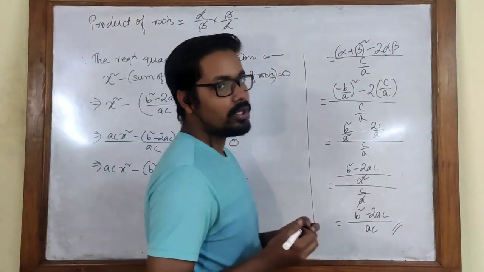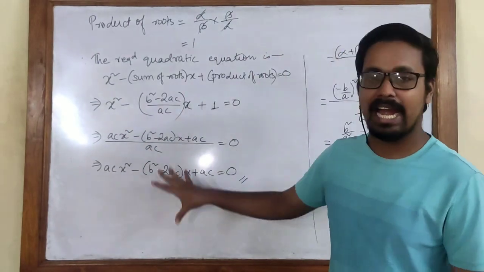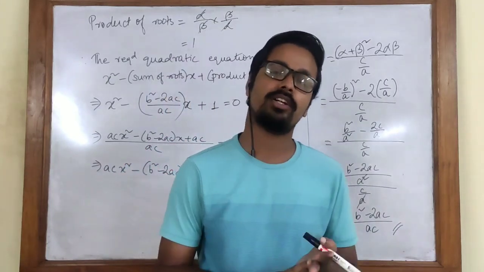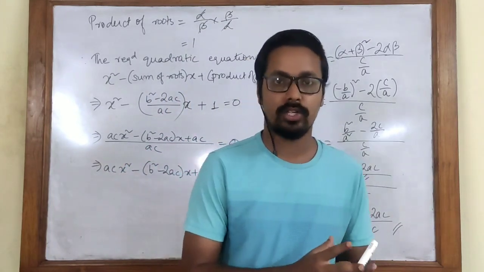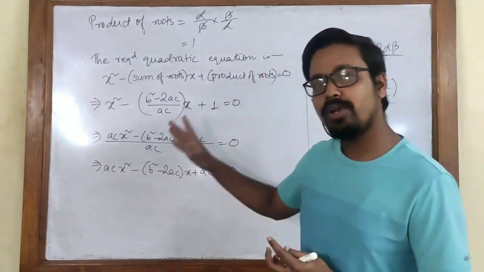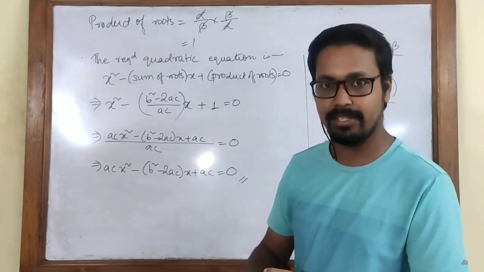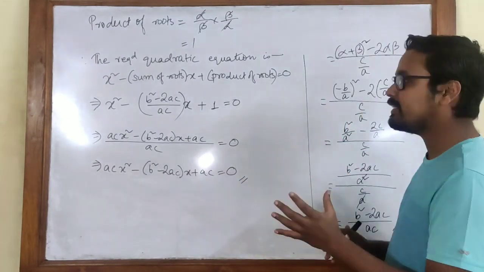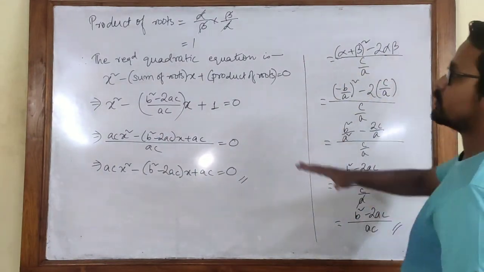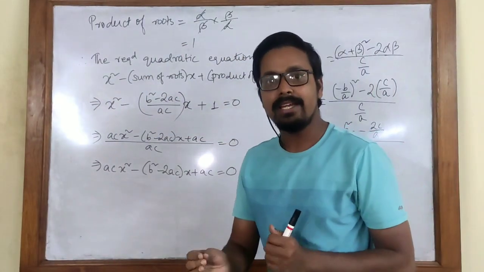So this is how we solve question number 7. This is the basic idea, and it is very simple. What we need to do is find the sum of the roots and the product of the roots, which will be given in the question. Once we find the sum and product, alpha plus beta and alpha beta, we apply those values in the sum of the roots and the product of the roots to find the required quadratic equation. It may be a bit lengthy, but it is very simple.